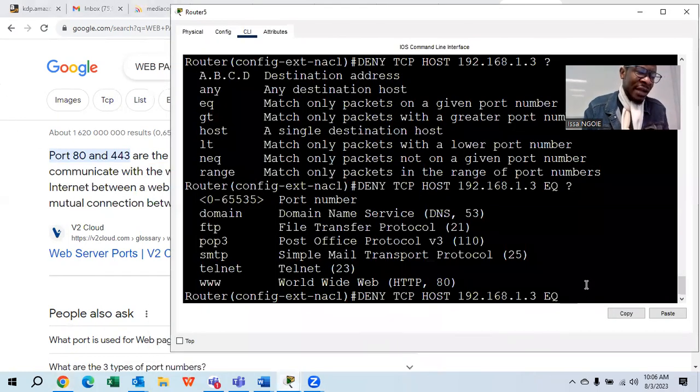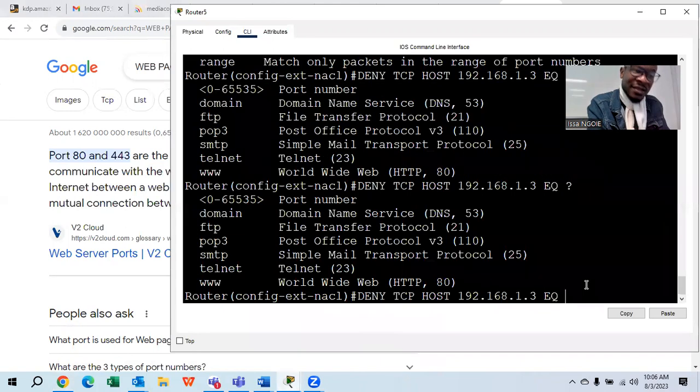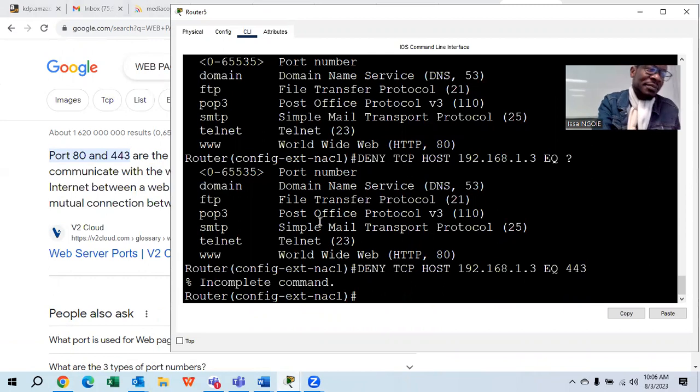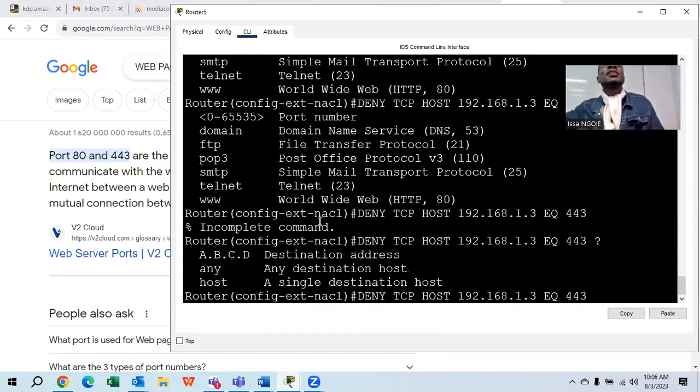So I can come here and say what? You can ask for a number. 443, as a specialist, you know 443 means what? Web pages, the protected one. And you say what? I'm not done. From which computer, right? So I wanna block this computer